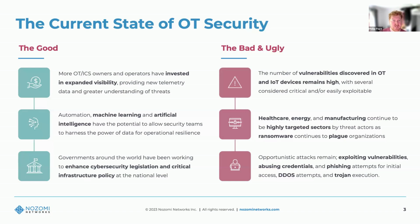And then lastly, there's a big emphasis and an increasing, growing demand from the public to regulate industries that are considered critical in many different nation states. There's already been some legislation passed in various countries and regions globally, but we're seeing more generally that new cybersecurity regulations are going to come into force very shortly. NIS2, of course, here in Europe is the big one, but many other regions are increasingly looking at how to mandate cybersecurity for critical infrastructure operations, and many of you work in those types of environments. And so the good news is that we'll talk about how we can help address some of those concerns with